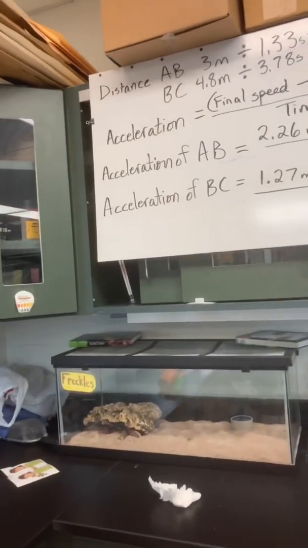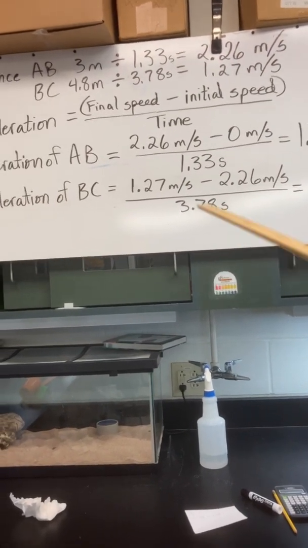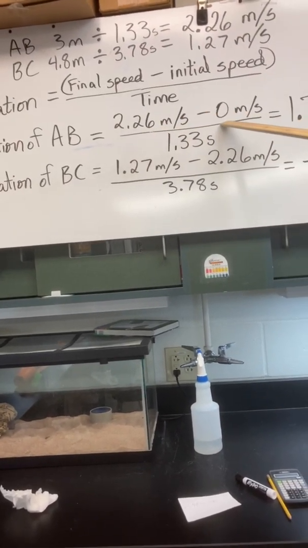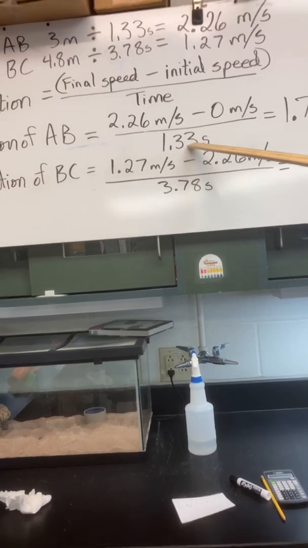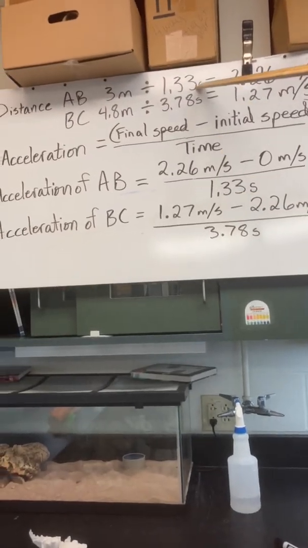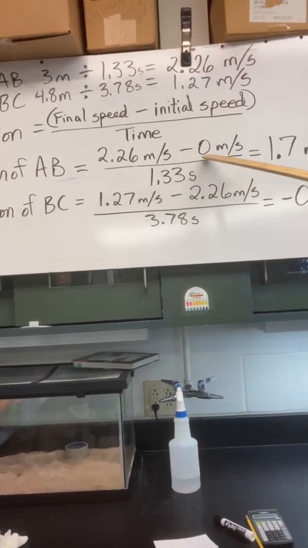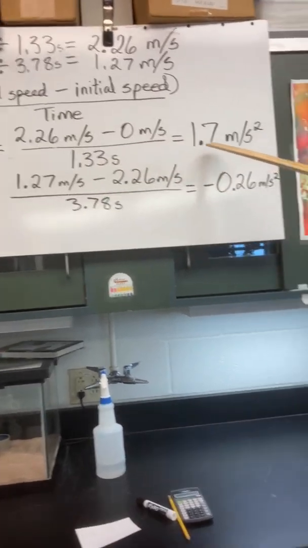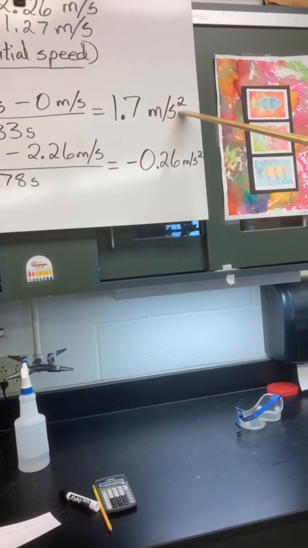Now, to use acceleration equals final speed minus initial speed divided by time, we have to take the speed of AB, that's our final speed, minus 0, because I was just holding the car, so it wasn't going anywhere at first, divided by the time that it took the car to travel that distance, A to B, just like we had up here in our speed calculation. So if we take our final speed minus our initial speed that it started at, divided by the time it took to travel, that gives us an acceleration of 1.7 meters per second squared,